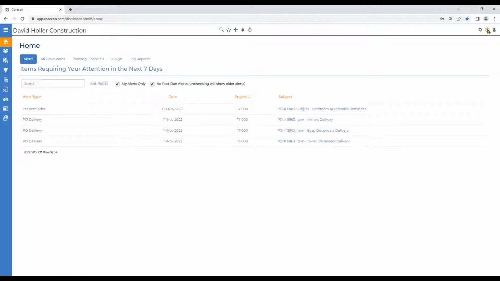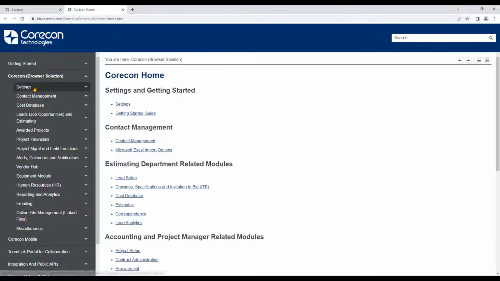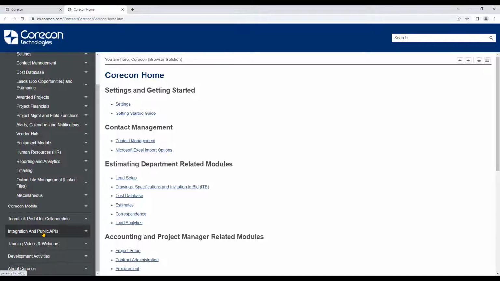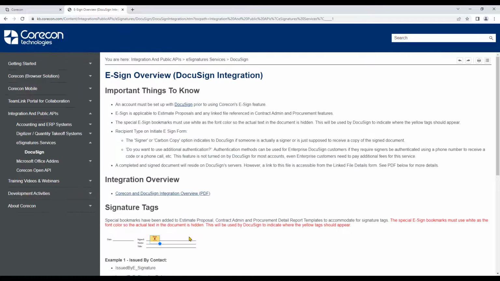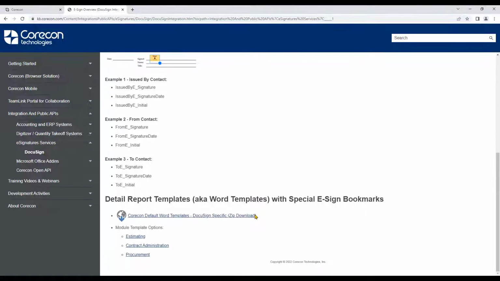If you go to the knowledge base, which is this question mark at the top right hand corner of your screen, and down to the integration and public APIs, and then down to electronic signature, and select DocuSign, there's information in this PDF that will help you get your DocuSign account set up with Corecon, some basic notes on how that works, and there is a list of templates that Corecon provides that already have the bookmarks used for